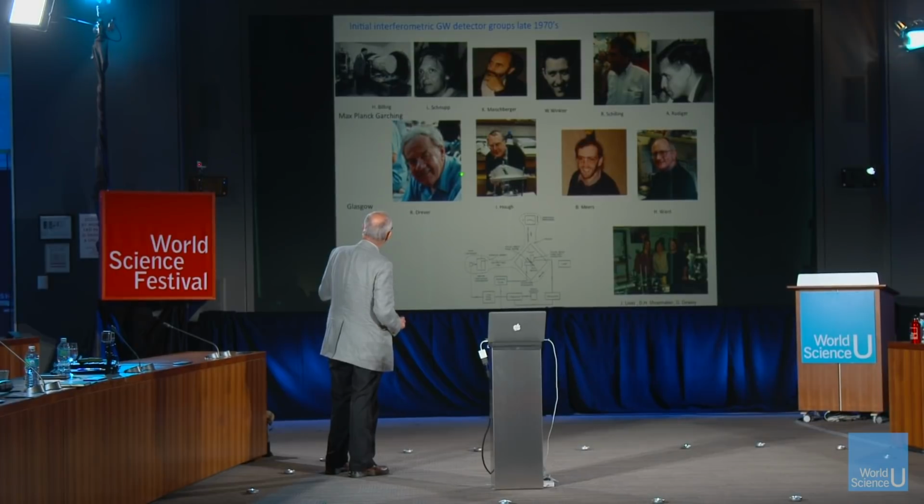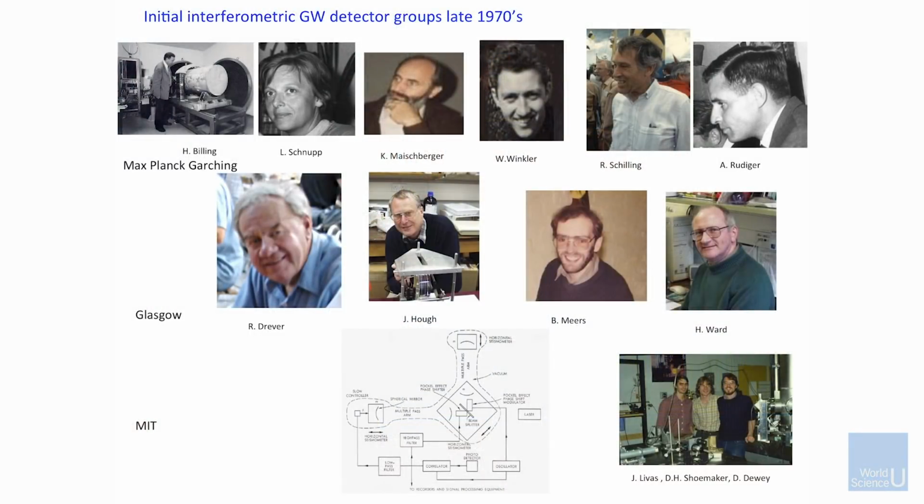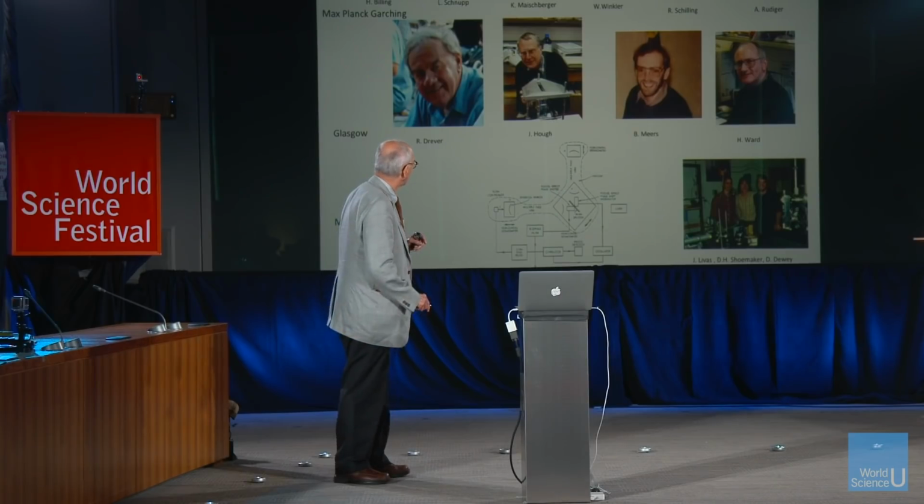Then it turns out that group influenced this group, a group in Glasgow that had also been working on bars. Many of these people are dead, except, no, I said it wrong. Billings is still alive. He's 100 or so. Of the Scottish group, Ron Drever is sort of alive, and these three are still very much in the business. Ron Drever then moved to Caltech, and we'll get to that in a minute. So they are the people responsible for getting this idea into something that became real.